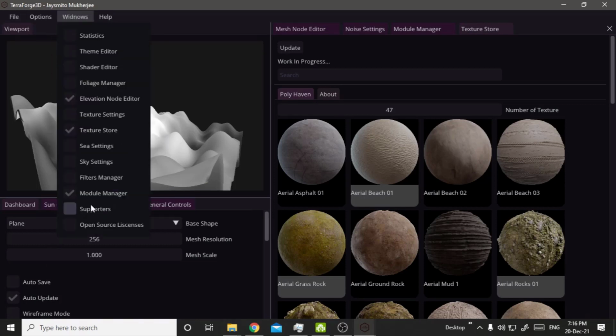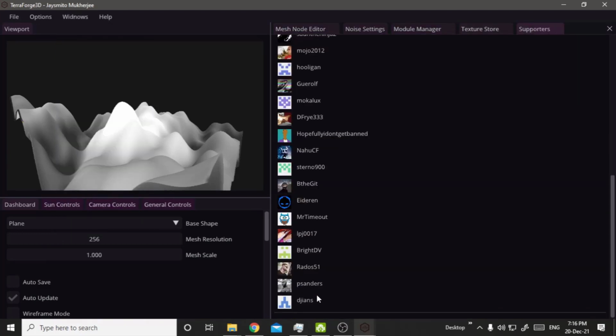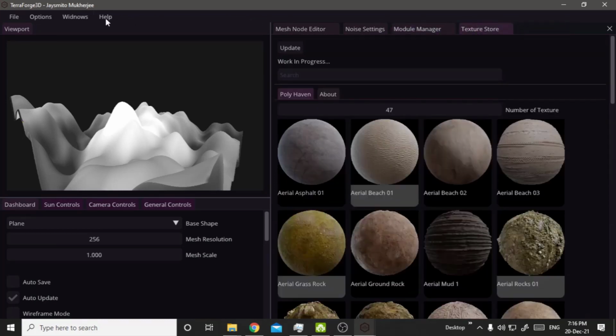Also we have the supporters section out here, which shows the list of everybody who has supported this project. So that's it about this version of TerraForge3D, and